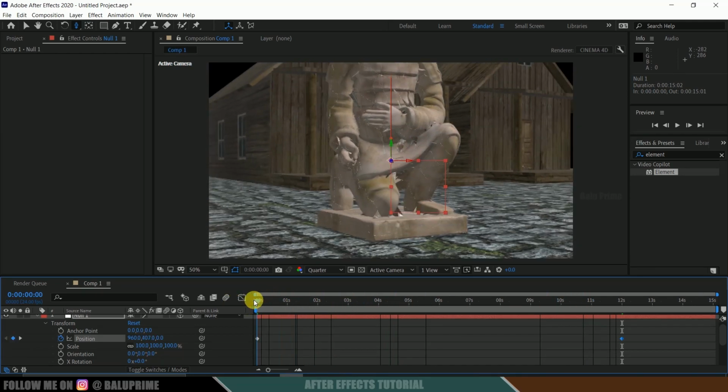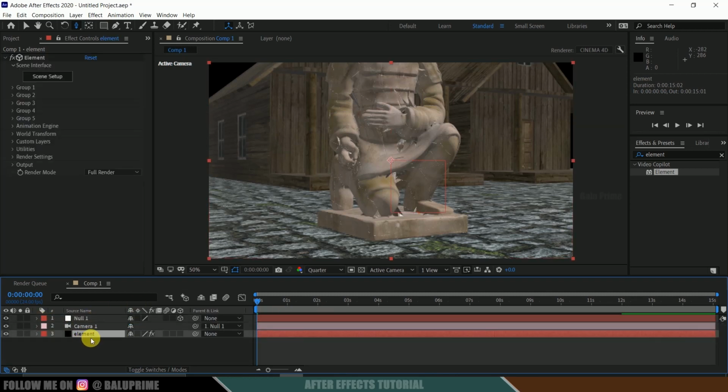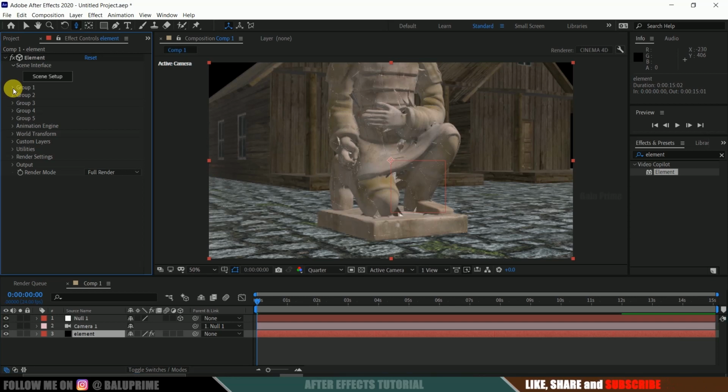So now let's come to this actual animation part. So select this element layer here. So in group 1 we got this original 3D model, and in group 2 we got the model with that bright color. So in group 3 it is our scene, so we will not be touching group 3 now. So we will be dealing with group 1 and group 2. So expand this group 1 options,